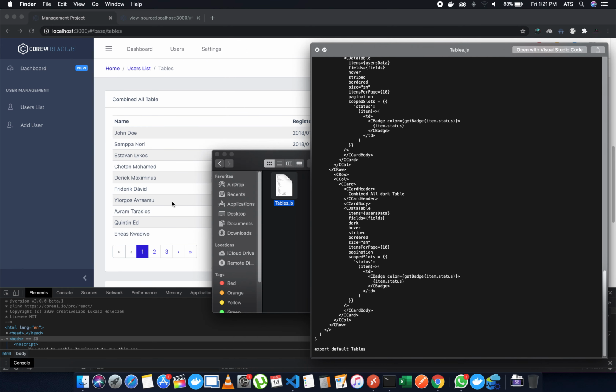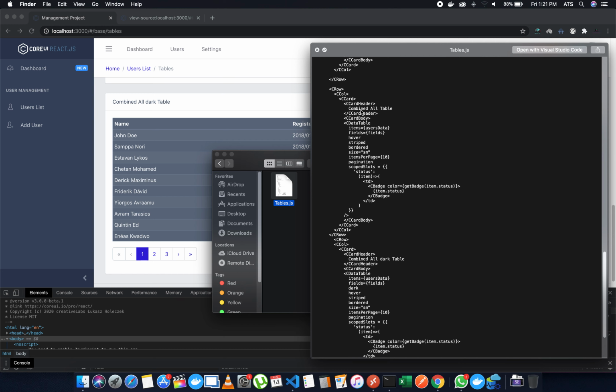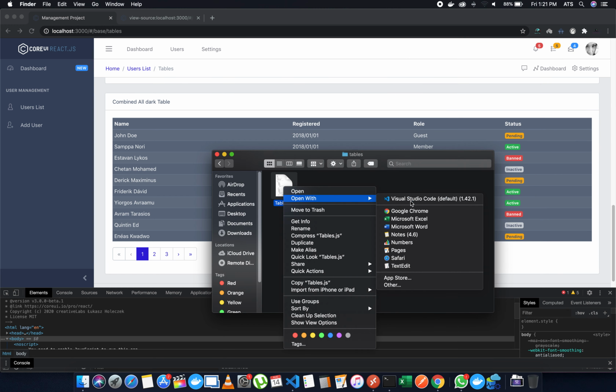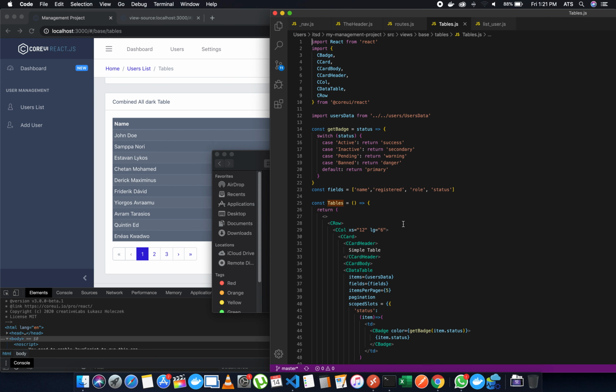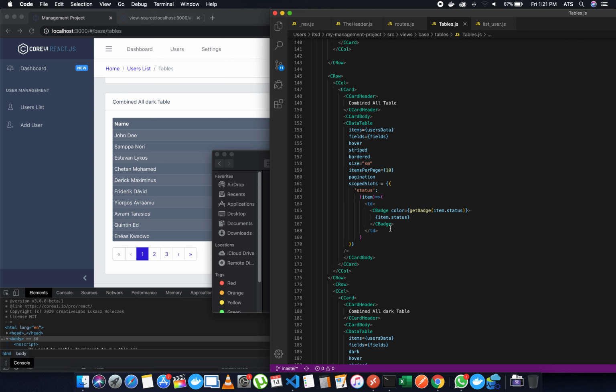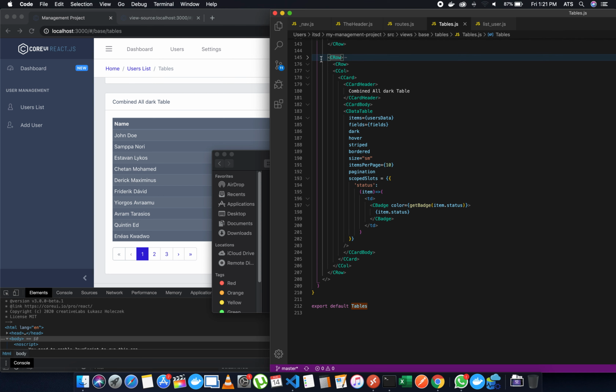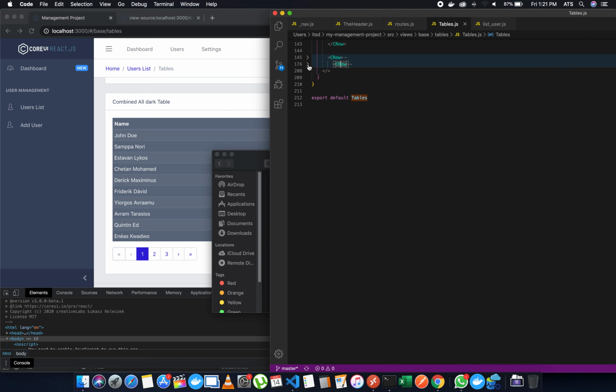Combine all dark table, okay, and combine all table. So I would need this table. Combine all tables, so it's a row, there's another row. Okay, so this row is what I need